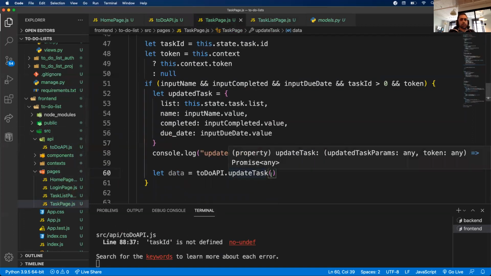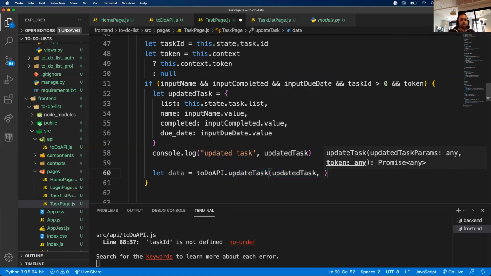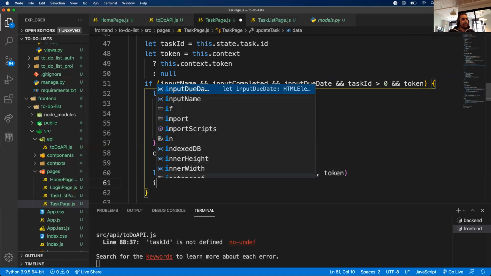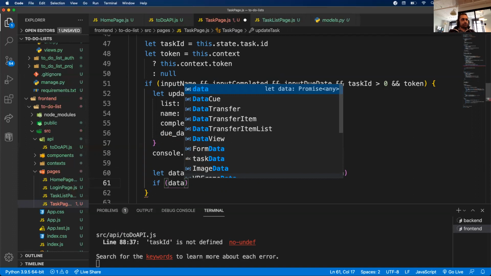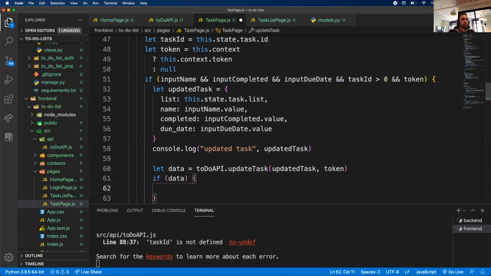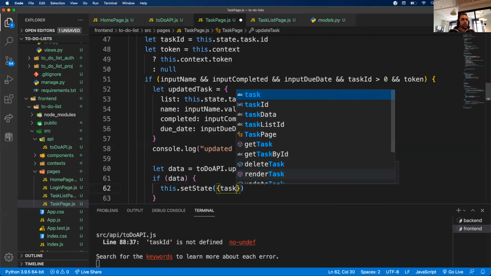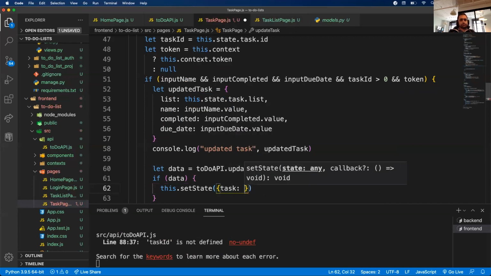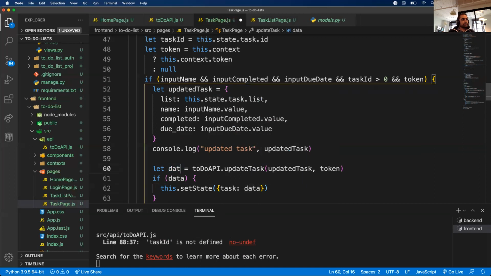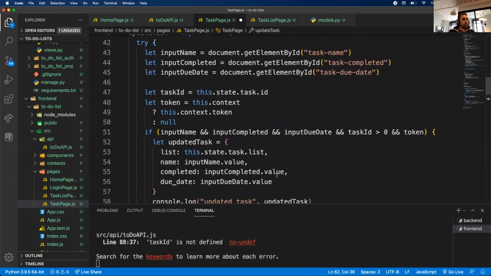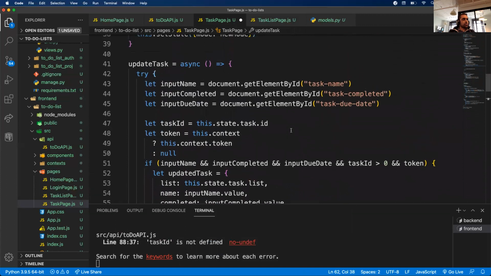Update task, pass it the updated task params, and the token. We get data back. Then we want to do this set state, update our task that we're storing here. Update. Okay, so we get that, and then we want to change our state back to